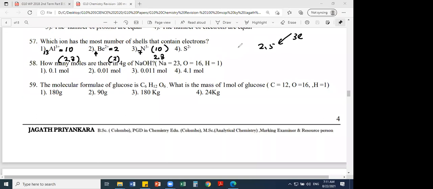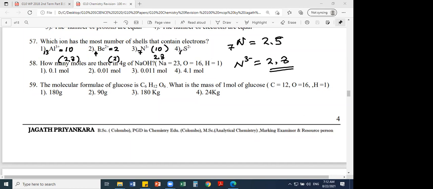So nitrogen atom is unstable, but nitride ion is stable. Why is it 2, 8? Please copy down this if you want additional information. Nitrogen atom is unstable because the configuration is not noble gas, it is 2, 5. Nitrogen atom has atomic number 7, but the nitride ion, after receiving 3 electrons, 3 negative charges received, has a more stable configuration. That's why the nitride ion is more stable than the nitrogen atom, because it has noble gas configuration.